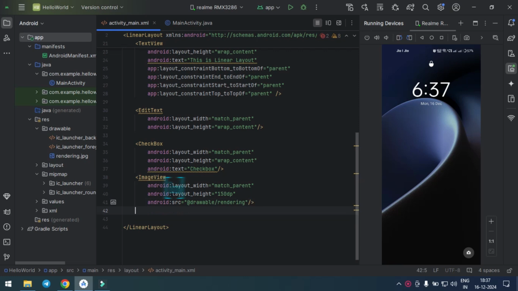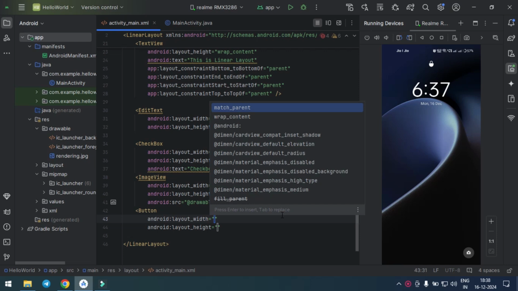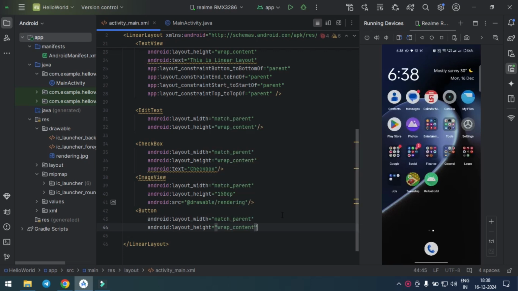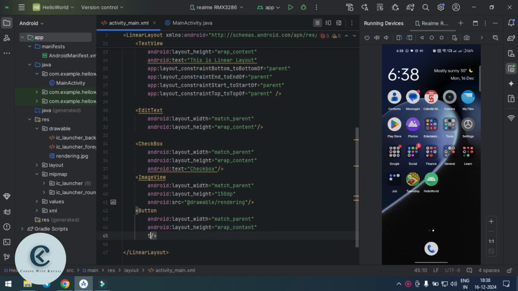After that, button, the basic component button. Set the property, height and width, and set the text attribute like a text, submit button. After run,